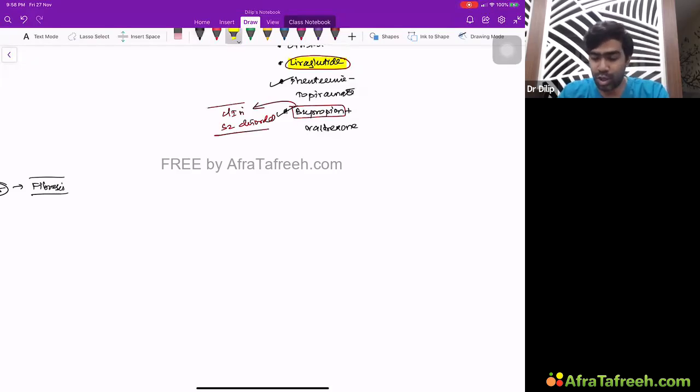Bupropion is not only used for weight loss, it is also used for smoking cessation. It's one of the important drugs used in smoking cessation. So both in smoking cessation and in weight loss, bupropion is used. They will ask you what the contraindication is. That is seizure disorder, because bupropion lowers seizure threshold, which is very, very important. Each and everything has a unique side effect profile and unique contraindication, which is something we don't want to discuss right now.